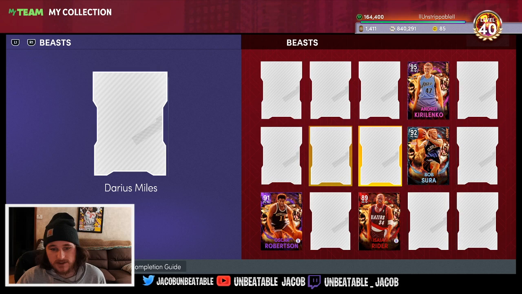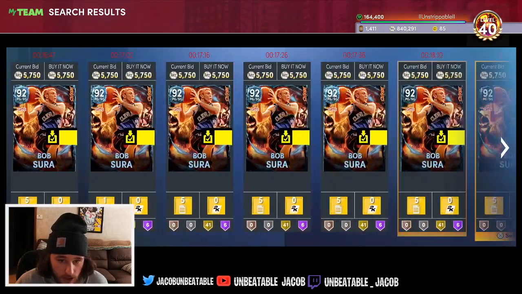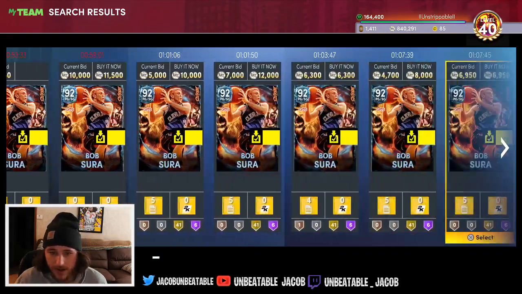Another card from the same set is this Bob Serra. Now, I'm not going to gas it and say anything too great about Bob Serra. I tried him. I didn't love him. But for 5k, again, you can't really go wrong. I think that another really good option if you're looking at a